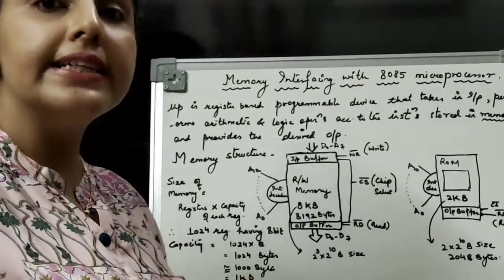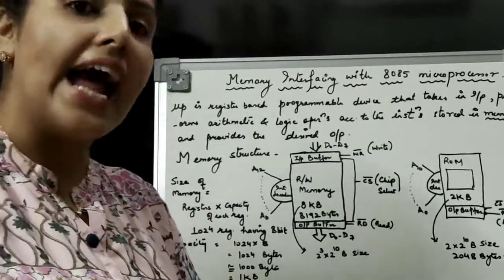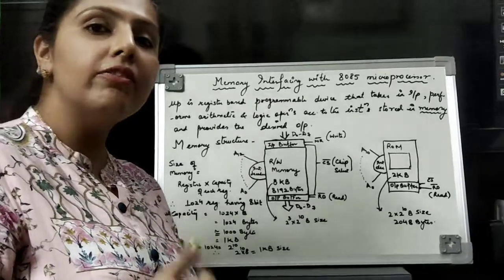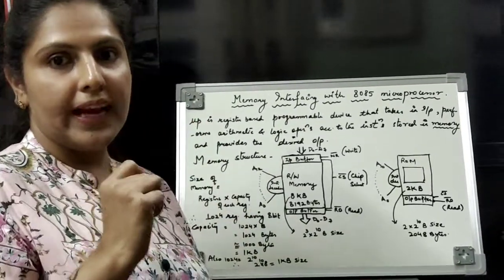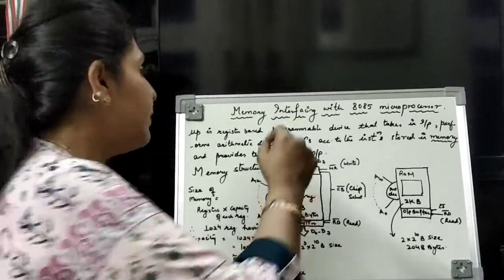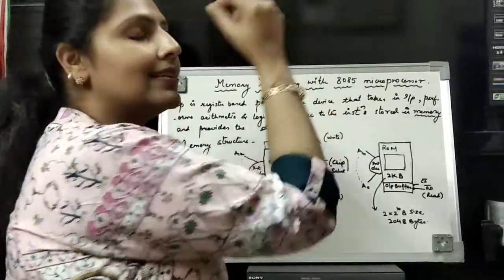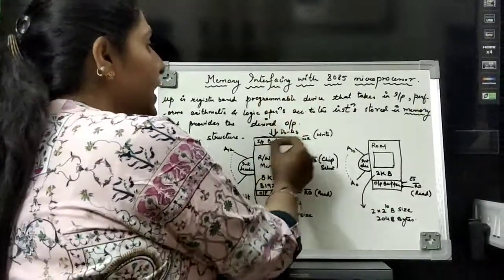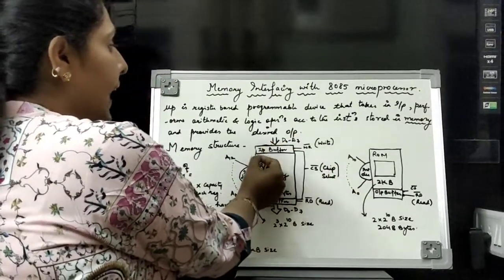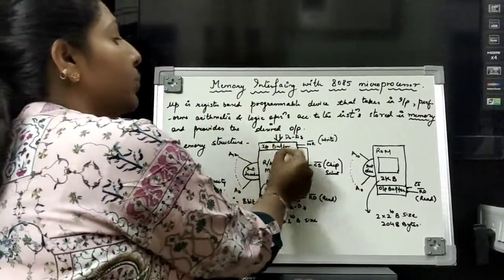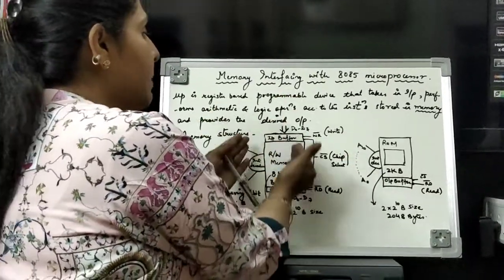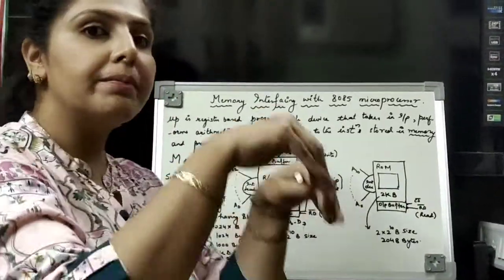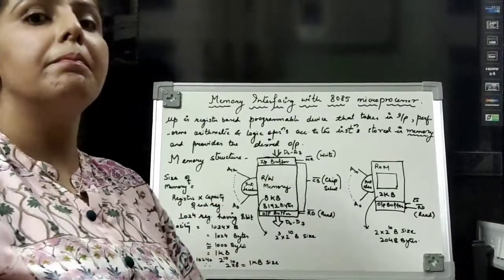What are those signals? These bar signals are active low signals, and active low signals are what? Whenever the signal is 0, it activates. So whenever the write bar signal is 0, it is activated. Whenever it is activated, it activates what? It activates the input buffer. Whenever the input buffer is activated, it means the memory is going to be written, so some data is being input into the memory.